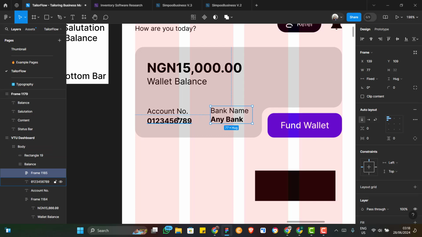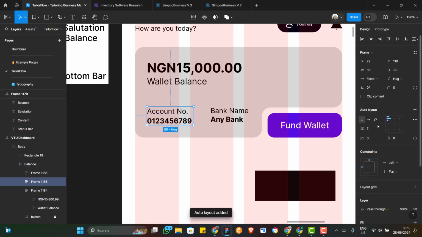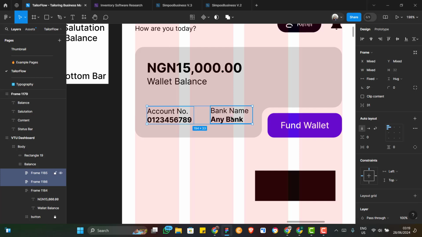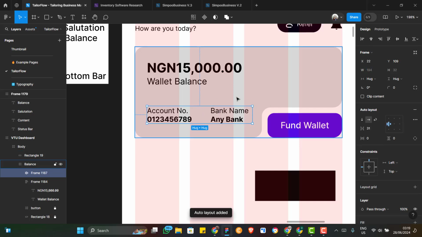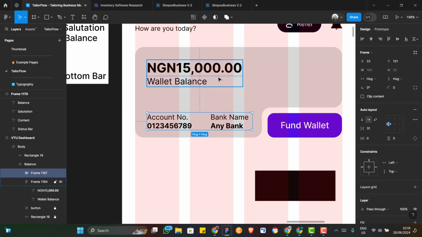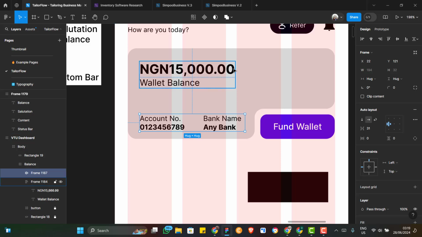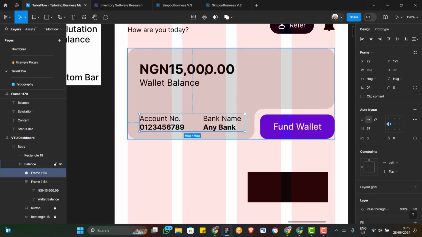Let's do the same thing to this one also. Shift A and make it 0 also. Alright. Select these two. Position up. Shift A to add it to auto layouts. Then we are going to move it down to it. Alright. There's something we need to add right here,